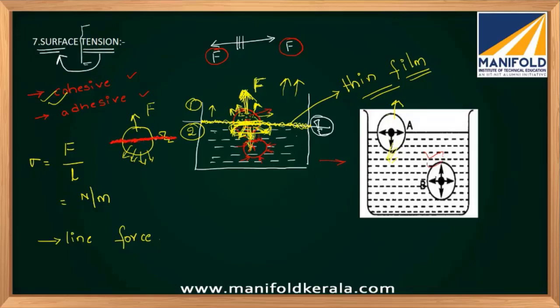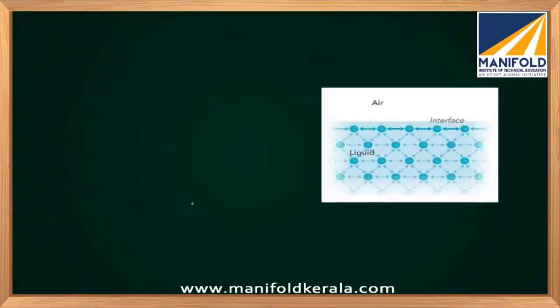See this red color line, which will be easily understandable. So this thin film will be formed only when two different interfaces of fluid come into picture. See, this is what happens exactly. The water molecules here are attracting the other molecules in multiple directions. But here there is air, here it is a liquid. There will be formation of an interface at this zone. That interface is called the surface tension interface. There will be a formation of a thin film.